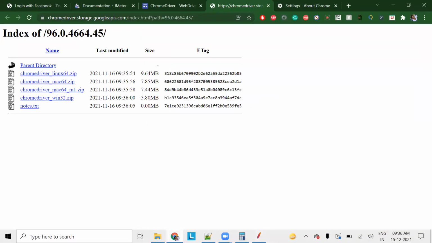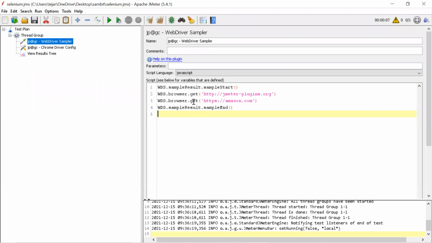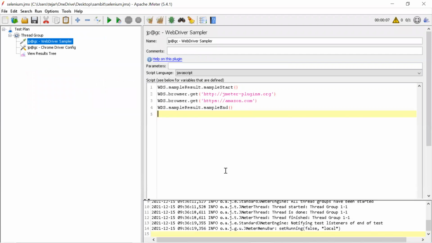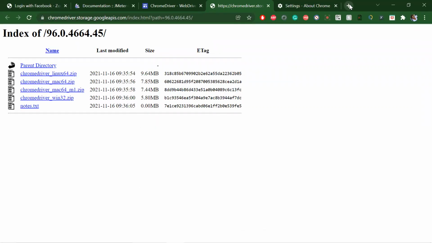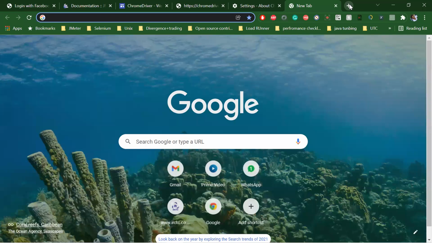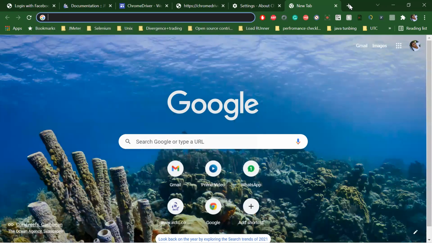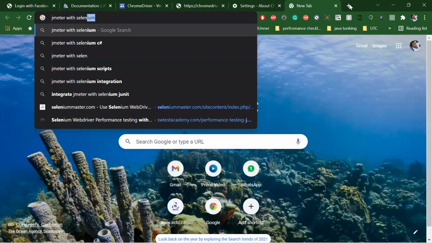Now, but in real time, we have to click, we have to get the data, need to pass user data, right? The same way, we also write the same thing here. Okay, so let's search for the code on the internet instead of writing our own, so that we can try it. So what I will do simply, Selenium, JMeter with Selenium. There is a lot of code there.